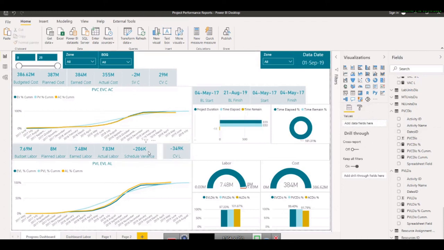Okay, it didn't. I think it's better to put here schedule variance, labor. I think we need to just click here only, schedule variance, labor, it will be here. So you can adjust the space as well, so whatever you need. This will become my cost variance, labor,